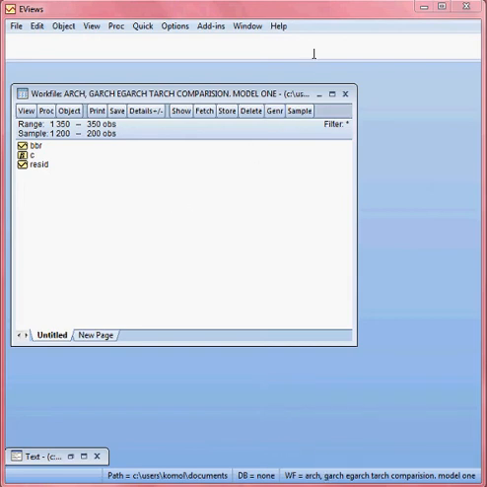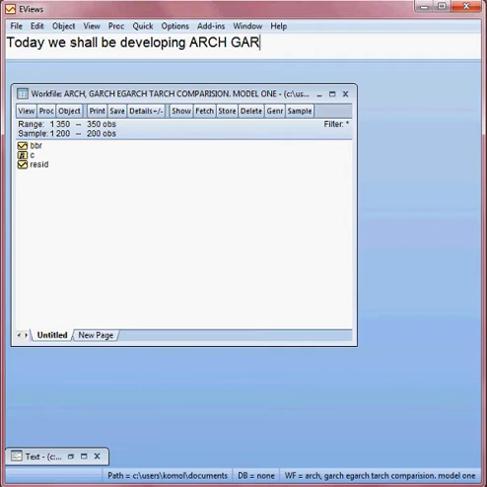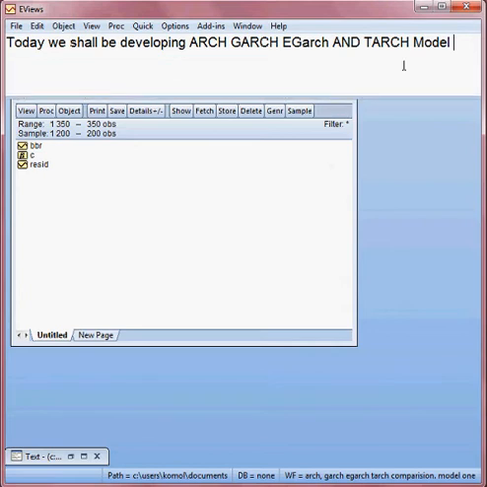Okay. Today we shall be developing ARCH, GARCH, EGARCH, and TARCH models using EViews,